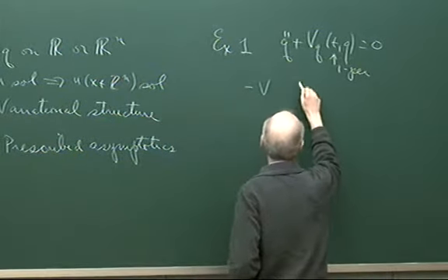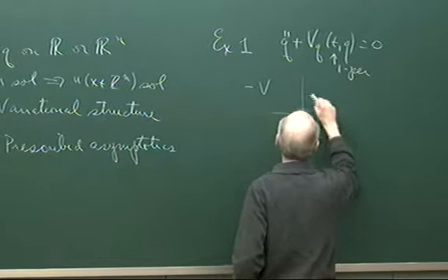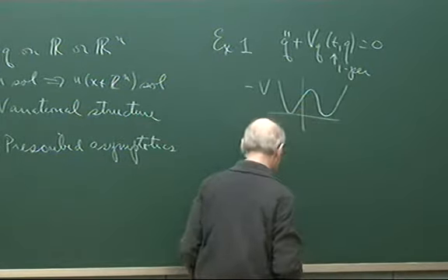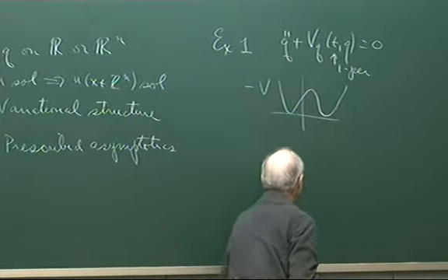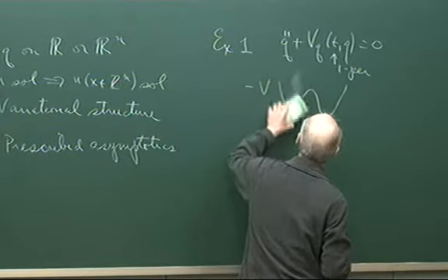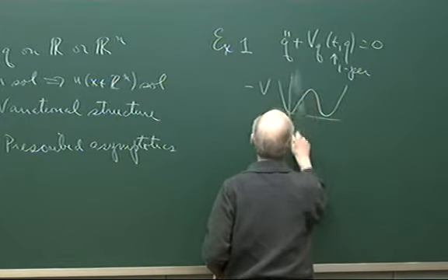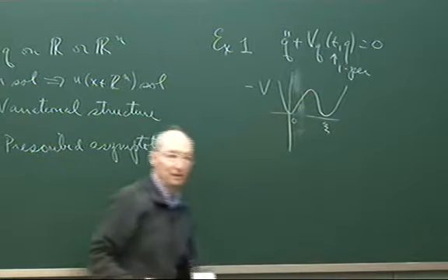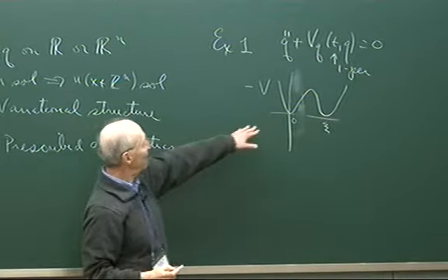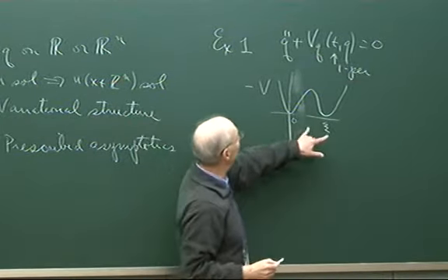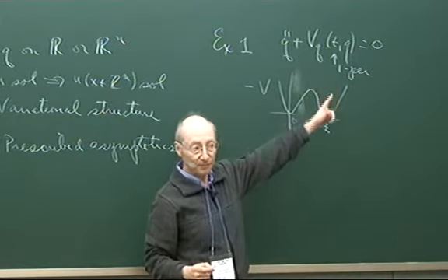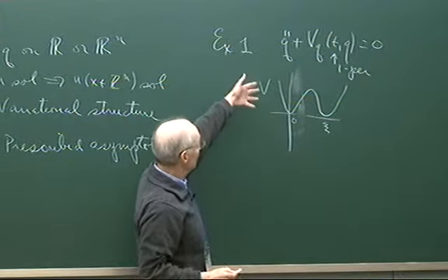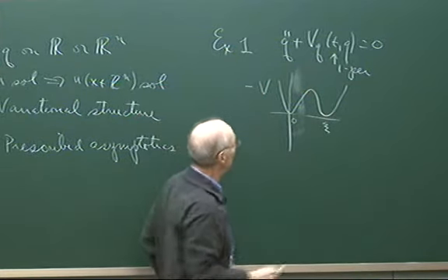So minus V looks like, or maybe I should put, say, the origin at one of the wells. Here's 0 and, say, psi. So minus V has minima at 0 and psi independently of t. Okay? And in that case, there's a corresponding functional